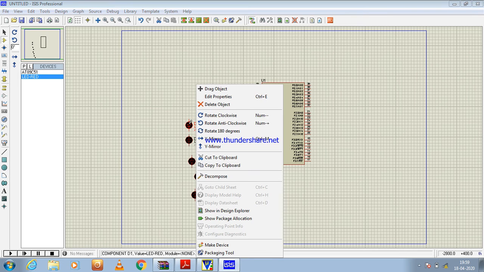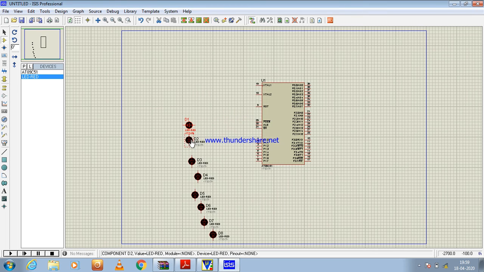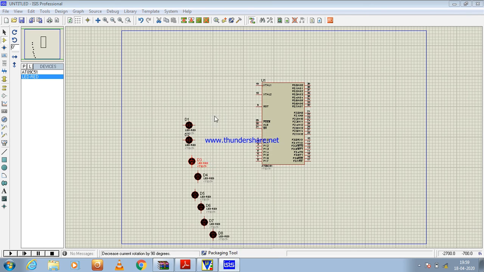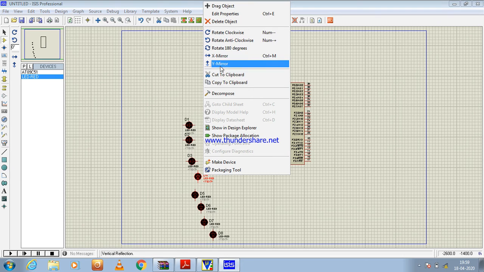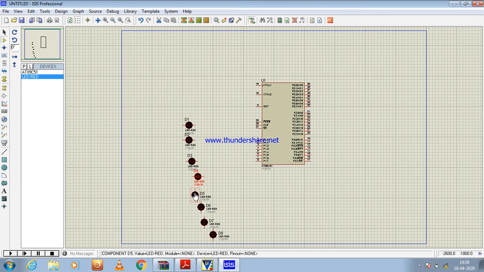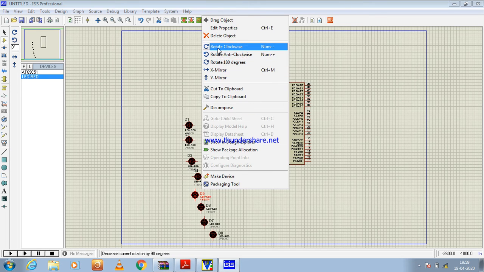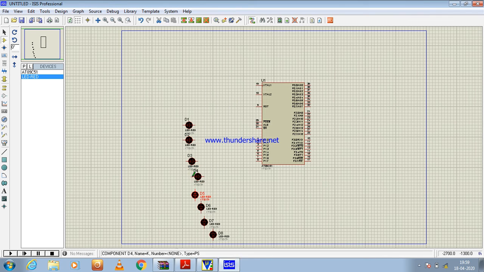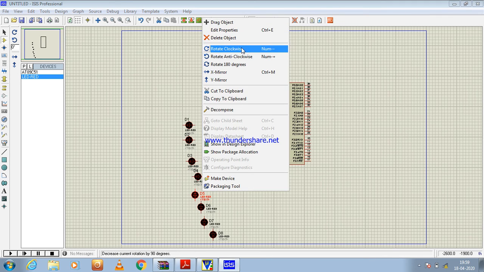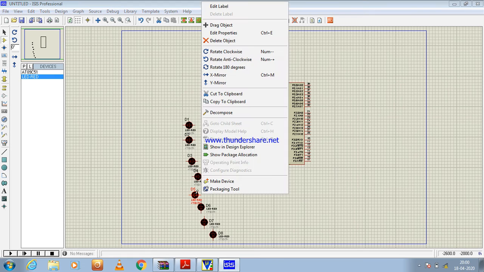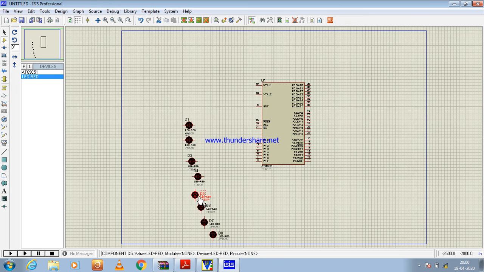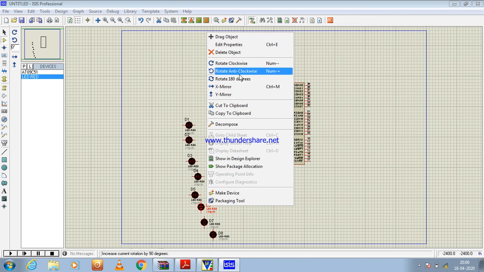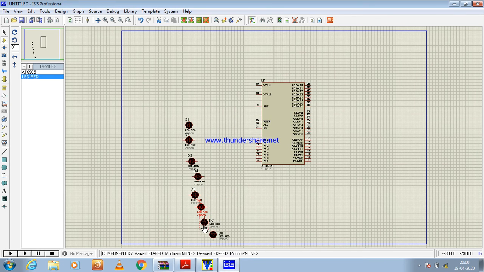All these you just right click and rotate, so that they can be connected correctly. Now I'm going to rotate all these.